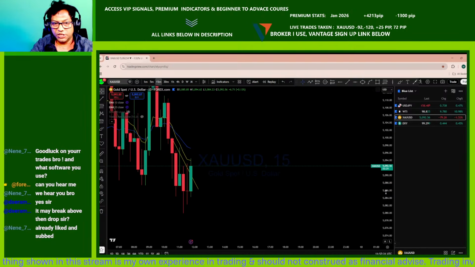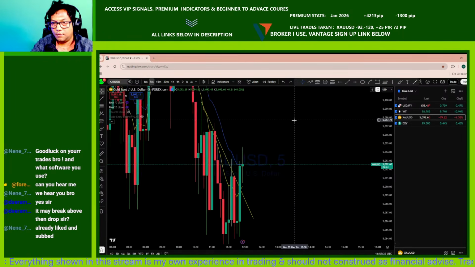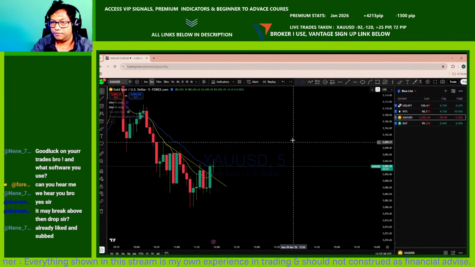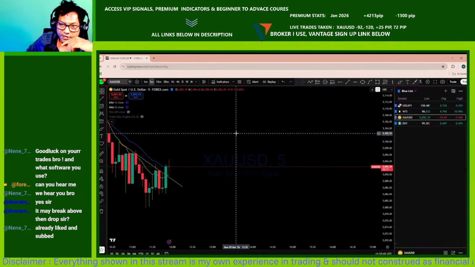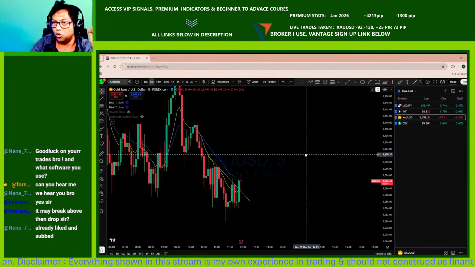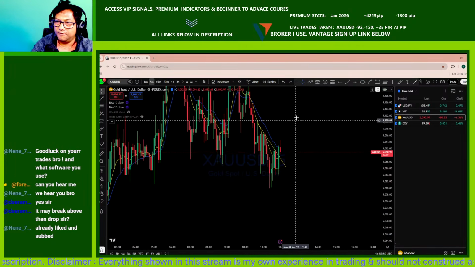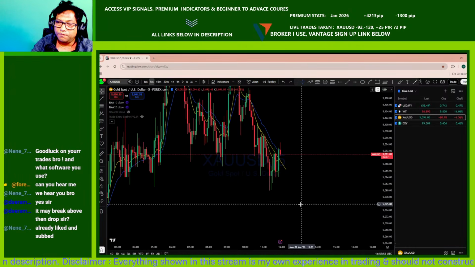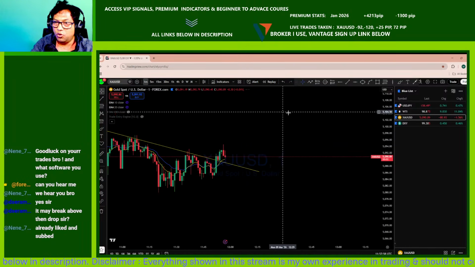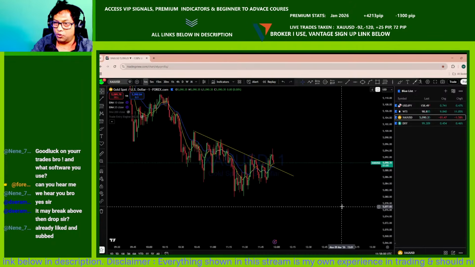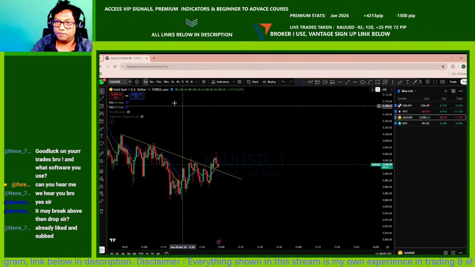Getting some kind of rejection of this level. Now this price action close is important because this close here will determine whether the market will go for a deeper pullback or come down here to create a new lower low. If you look at this level, it is still in a downtrend here. And I'm still preferring this possible drop back below here to the support level.